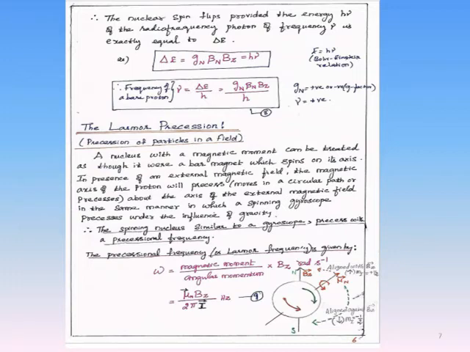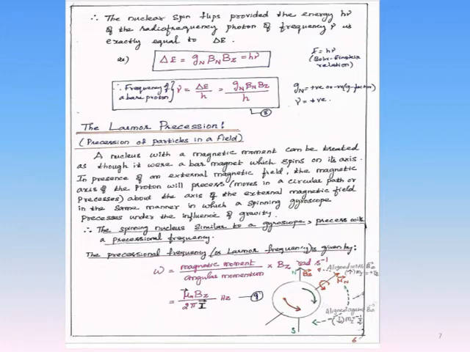The precessional frequency, or Larmor frequency, is given by omega is equal to the magnetic moment divided by the angular momentum and the applied magnetic field strength Bz. When we substitute the known factors of magnetic moment and angular momentum, we get an expression: mu vector, representing the magnetic moment, divided by the angular momentum 2 pi I vector, into the applied magnetic field strength Bz, in hertz.